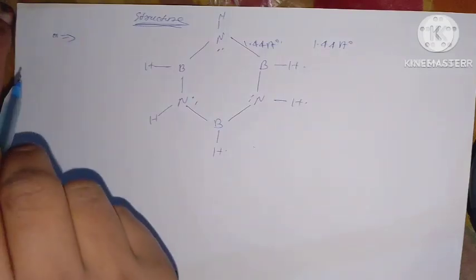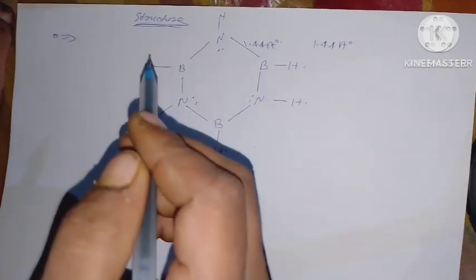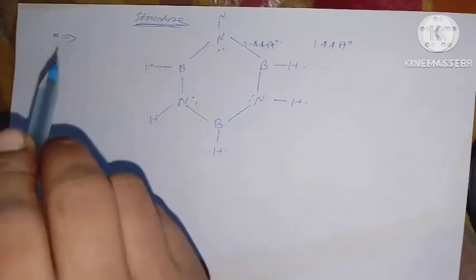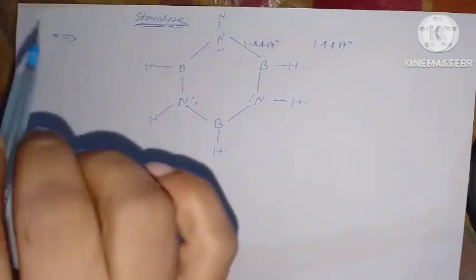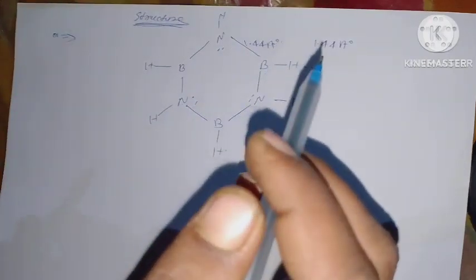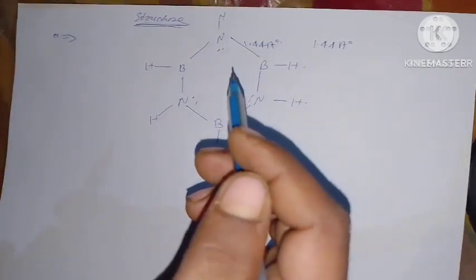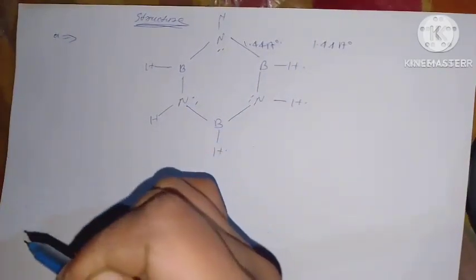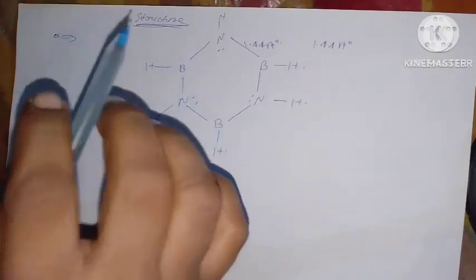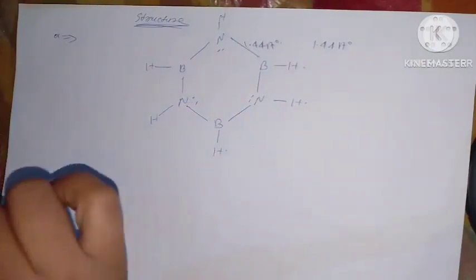In inorganic benzene or borazole, each boron and nitrogen atom is sp2 hybridized, just like each carbon atom of benzene, which is also sp2 hybridized. The boron-hydrogen and nitrogen-hydrogen bond lengths are 1.20 angstrom and 1.02 angstrom. The bond angle is about 120 degrees, which is due to the hexagonal ring structure of borazine. The bond angles can be explained on the basis of the sp2 hybridization of 3 boron and 3 nitrogen atoms. Okay,